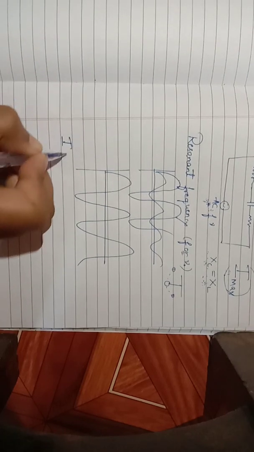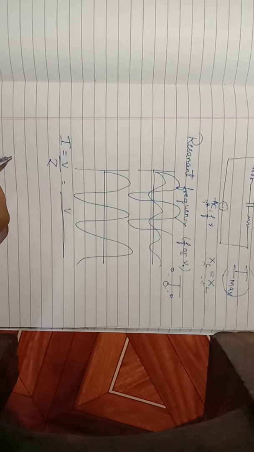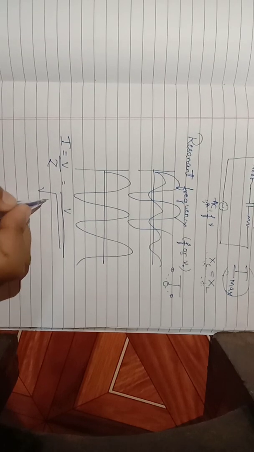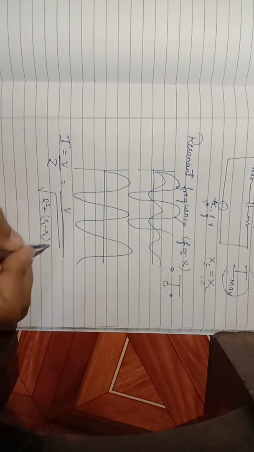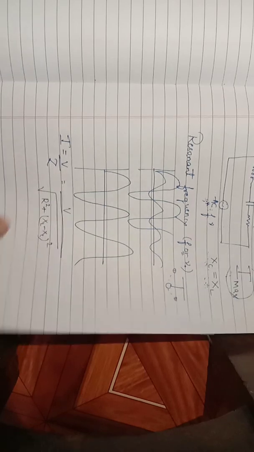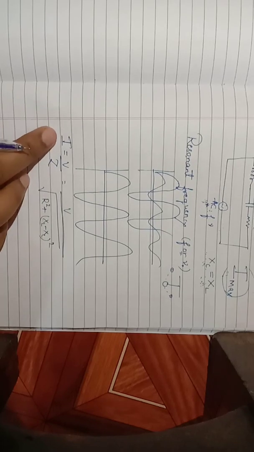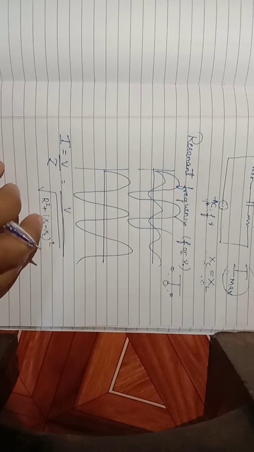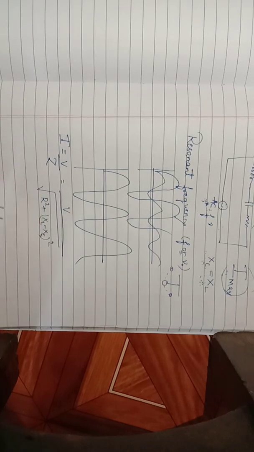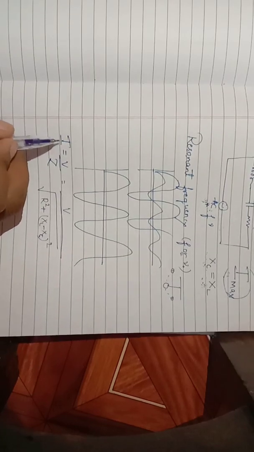I is equal to V by Z. So you already got an expression for impedance Z, that is what? Square root of R square plus (XL minus XC) whole square. This is the expression you got for Z. So the current of the LCR circuit will be V divided by the square root of R square plus (XL minus XC) whole square. Okay, so the current can become maximum only if